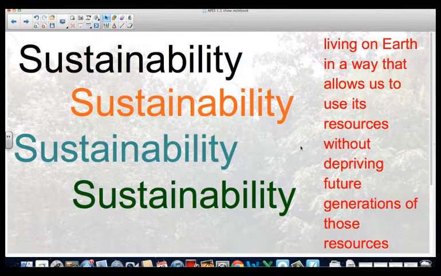Okay? And so we want to focus on things that are going to be sustainable. That is the key theme of everything that we talk about in AP Environmental Science. We're going to focus on sustainability. Can we sustainably keep doing these things at these paces in this area and globally